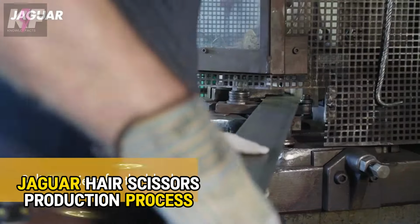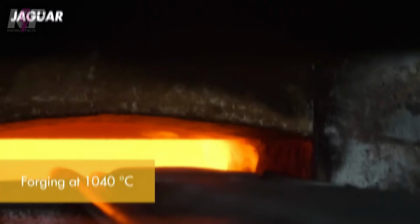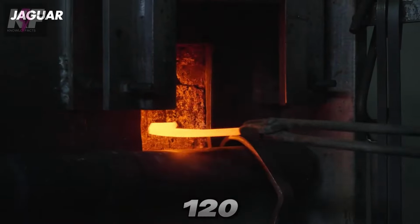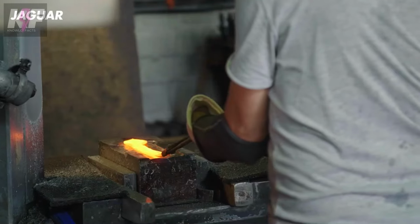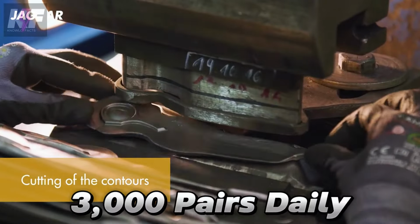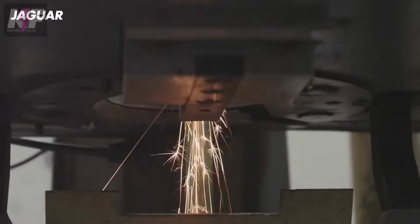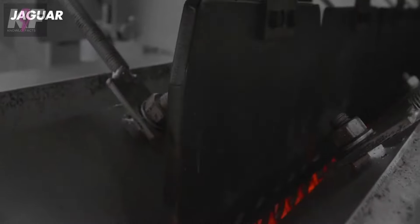Jaguar, a pioneer in hairdressing and barber scissors, has been innovating since 1932. Manufactured in Solingen, Germany, each pair of scissors undergoes over 120 meticulous working cycles and quality checks by skilled specialists. Jaguar produces up to 3,000 pairs daily, ensuring high standards through advanced precision edge technology, P-TECH, sharpening, which enhances sharpness